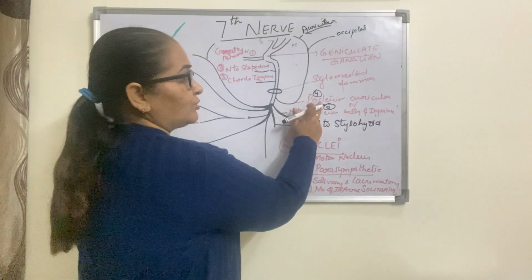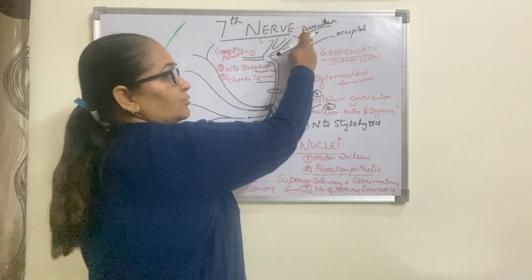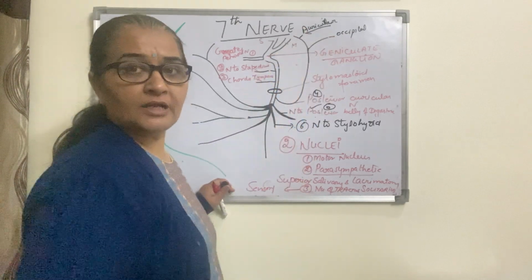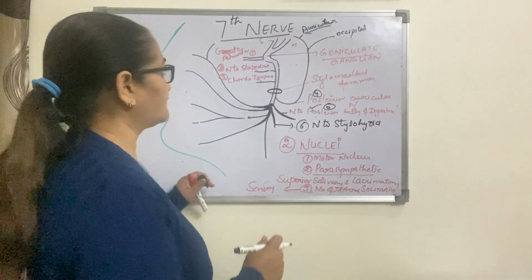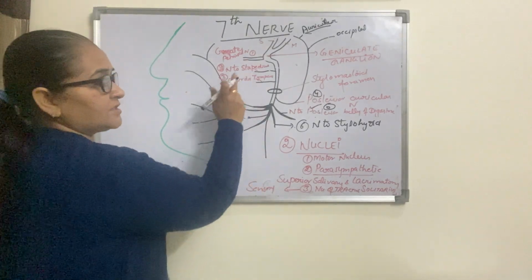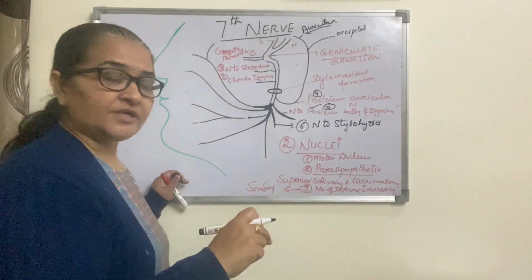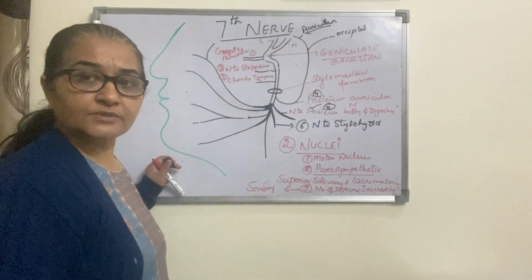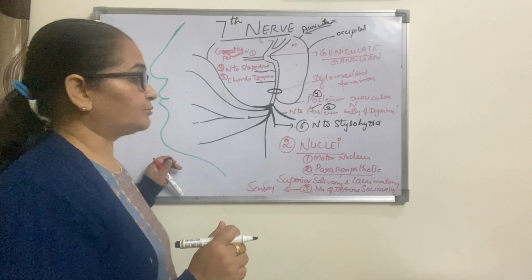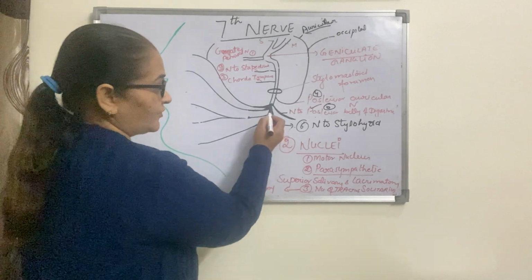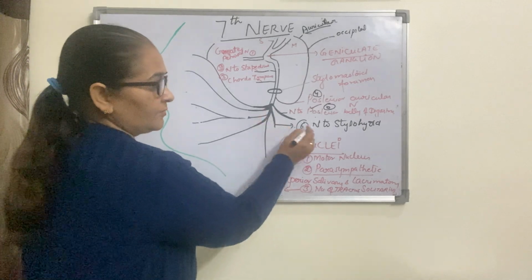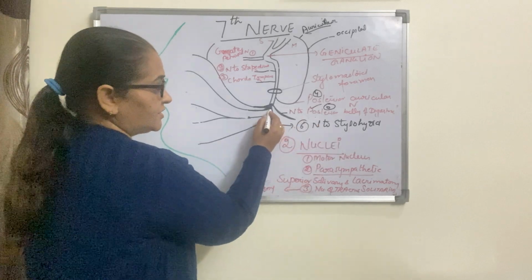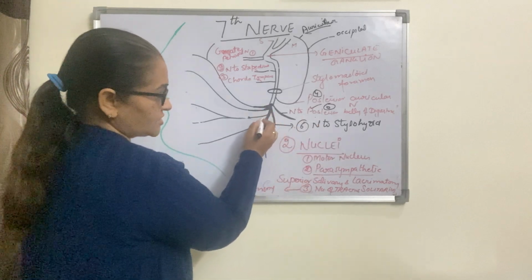And posterior auricular is going to supply the auricular muscle and the occipital belly of occipitofrontalis muscle. This nerve to stapedius is going to supply the stapedius muscle. Now this chorda tympani is basically taking the fibers of taste from the anterior two-third portion of the tongue. Now once it has given the branch nerve to stylohyoid, this nerve enters into